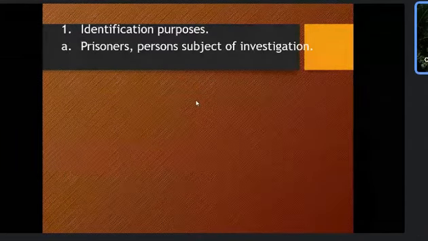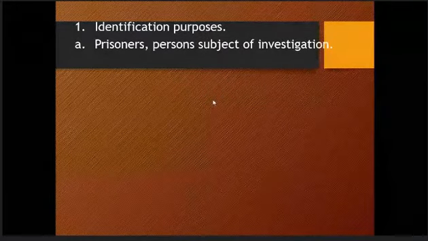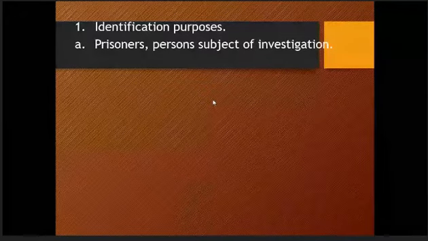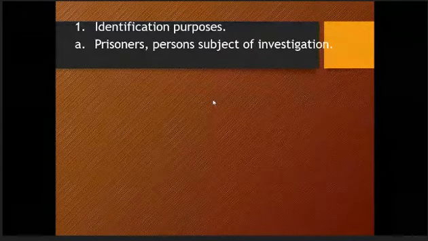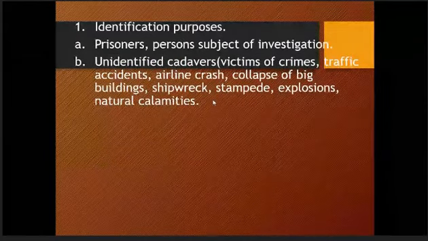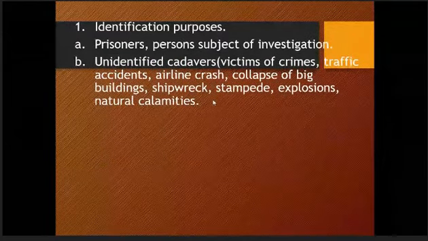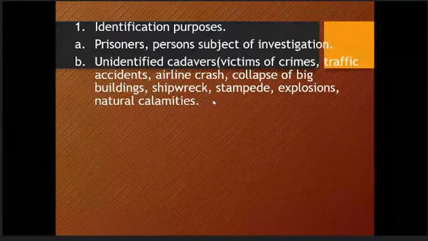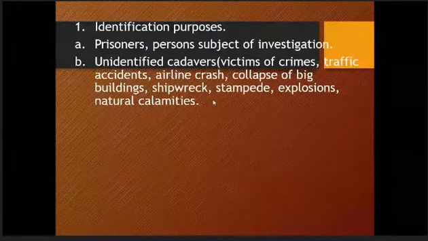So with the use of what is called mugshot photography, the side view, the front view with your name, that is for identification purposes. Even when you enter the prison or jail, you'll be subjected to photograph. Then second, for identification of unidentified cadavers,